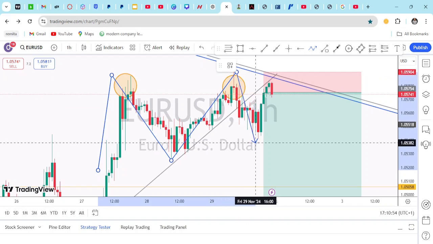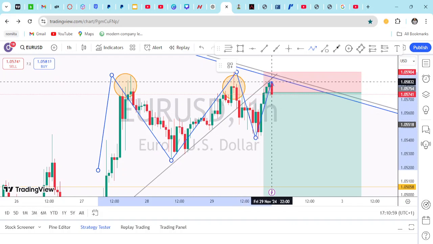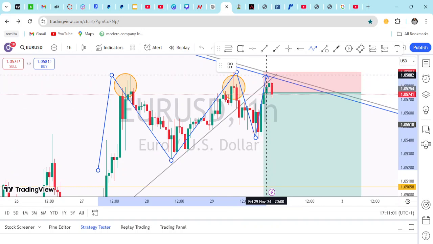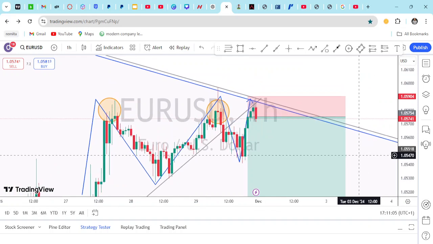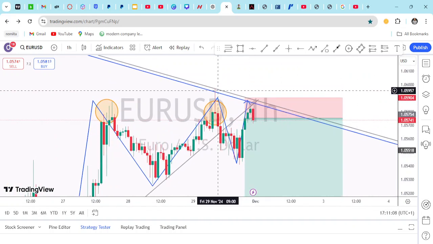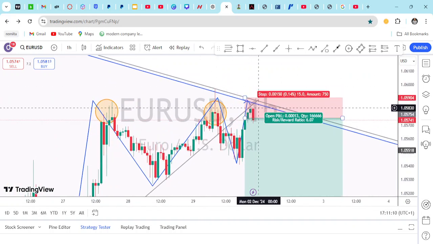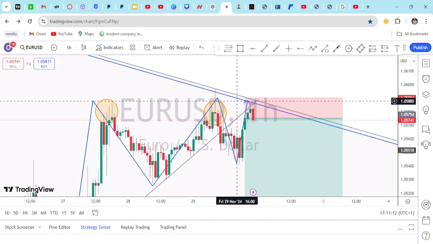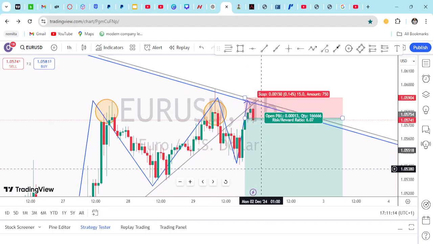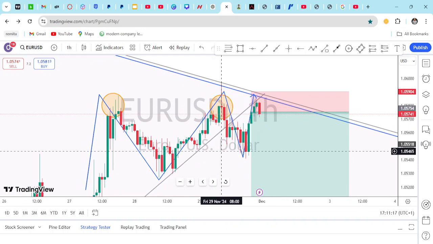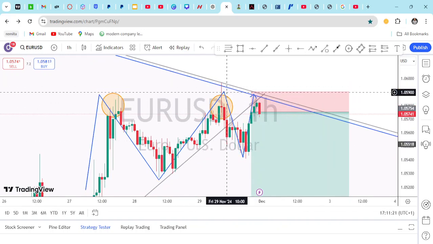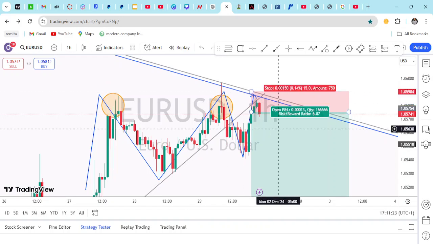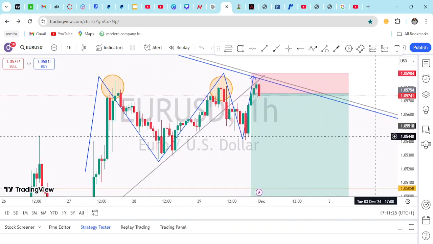It came down a little, but then sustained, came up again to retest exactly this point, the daily resistance line again. So this daily resistance line has just been tested 2 times. This is one and this is two. So what are we expecting next? We're expecting this pair to fall all the way down. And notwithstanding, look at this rejection mark here. This rejection candle is also an indication that this pair is going to fall.